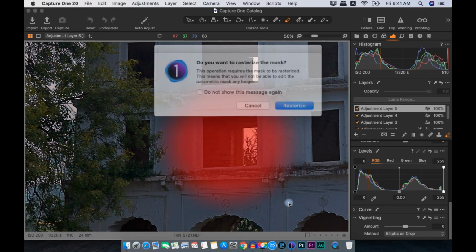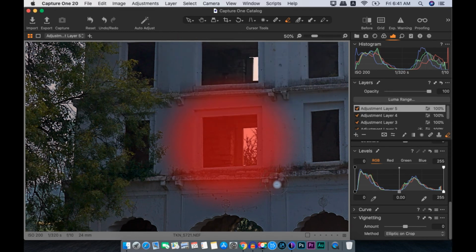Just hit one here, select shift, so it will work in straight line. Hit one here, select shift, that's it, select shift, there you go. Let's hit M again